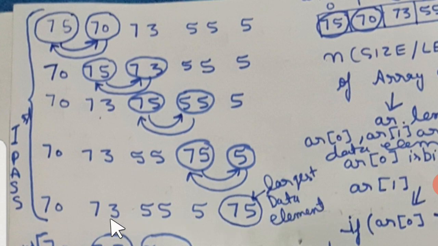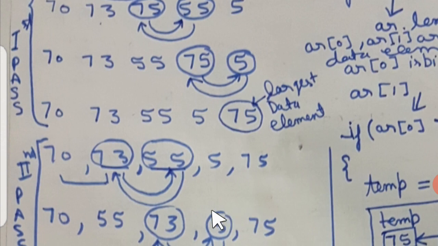Next time again we will start the comparison, but these steps we have done are collectively known as a pass. What do we call it? Pass. And this is our first pass. The result of the first pass is that the biggest element has reached its proper position. Now we move to the second pass because the data is still not sorted.